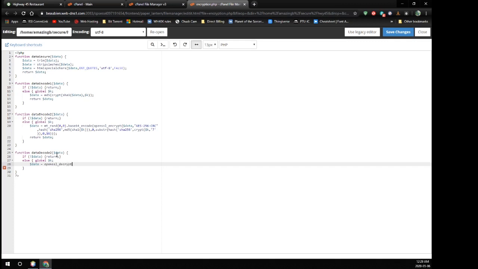Get that Y in there. My keyboard has a bit of a sticky Y. base64_decode, parentheses, and substring, data, comma, 1, and 1, 2, comma,